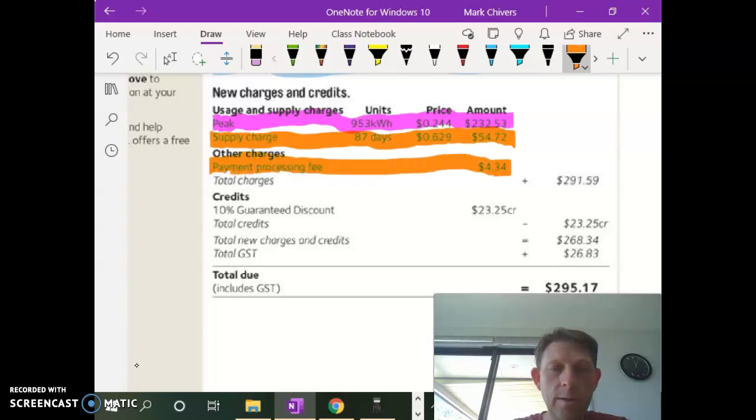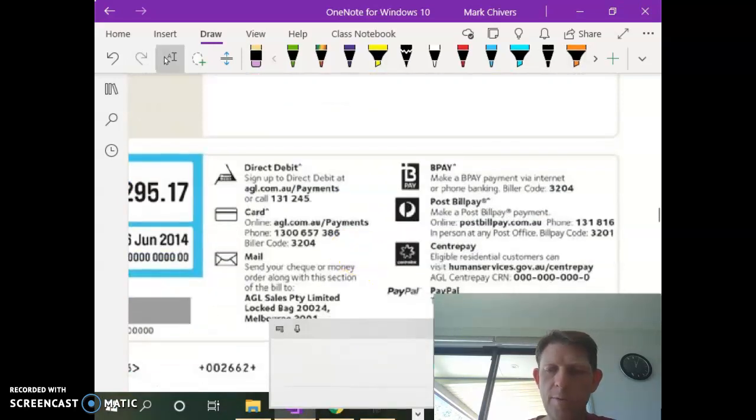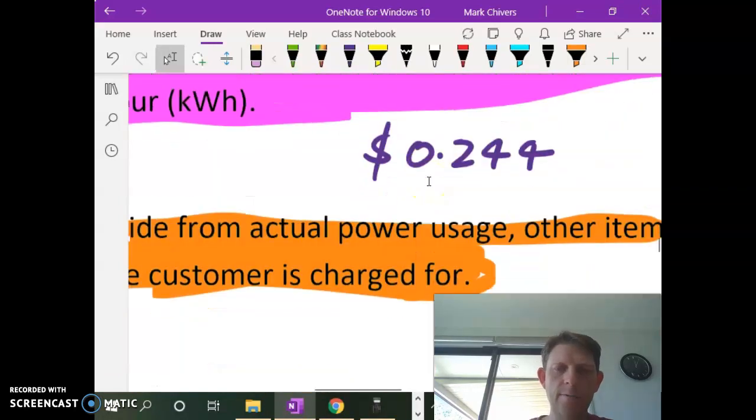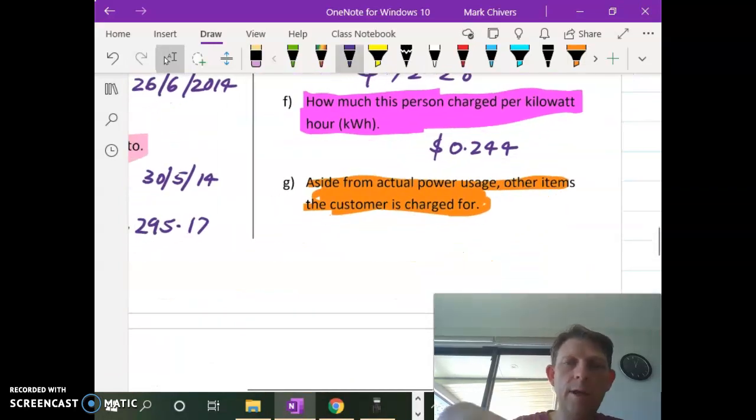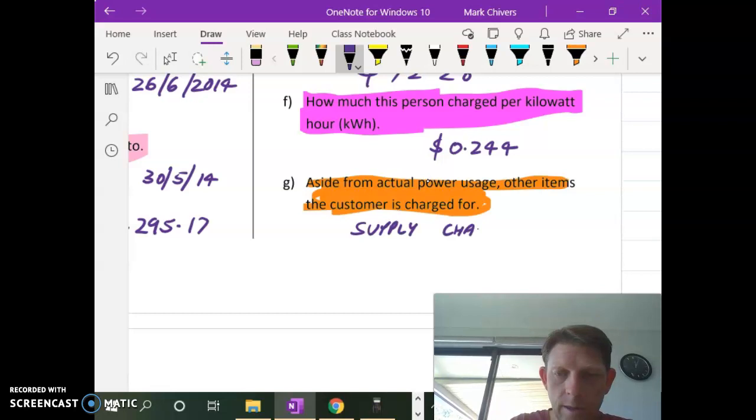Now that might be an optional thing, perhaps if they paid a different way. So often it's more expensive if you're going to pay with a credit card or with cheque or with cash. Whereas if you set up a direct debit or something like that, often the companies won't charge. There's also obviously a guaranteed discount just down below here. I'll just put a little dot there. Because it's not a charge, we won't include that, but it's also worth noting that there's a discount down below as well. So we've got a supply charge and a payment processing fee. So if we go back down here, we can write those in. So we've got a supply charge and a payment